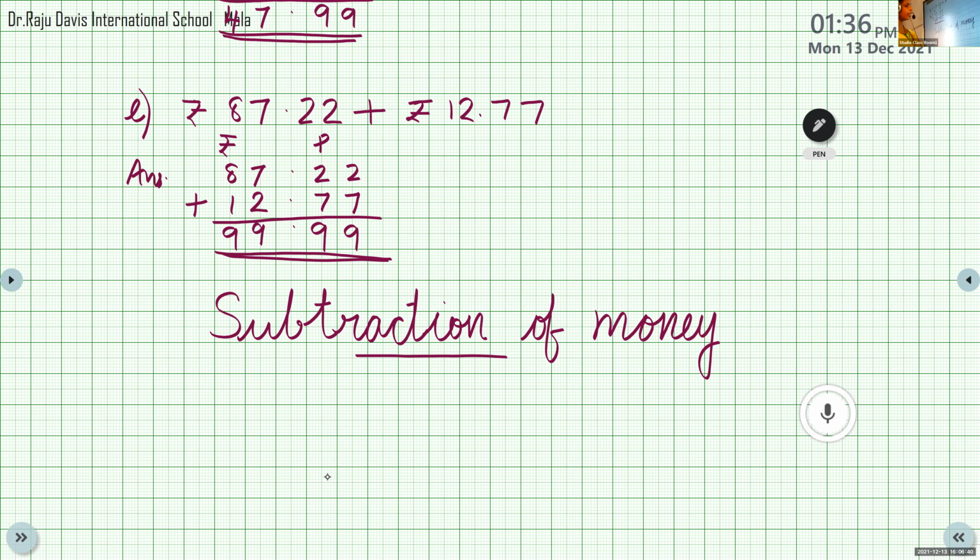I will write. Wait. Let me ask those students, Evelyn, did you complete the addition? I have some space, so I can write the heading. Evelyn, did you complete addition? Yes, in the same page. No, you can take another page. That's better. It's another topic, so you can take another page. Let's continue in the next class, subtraction of money. Is it okay?